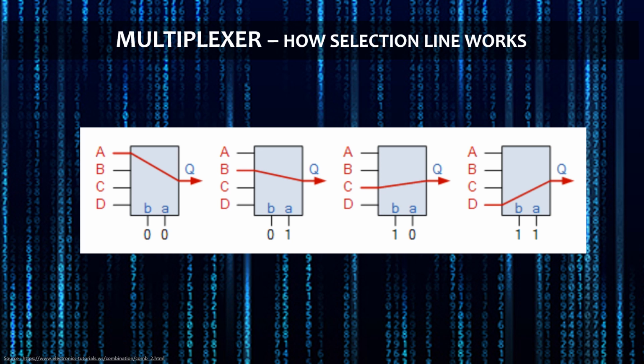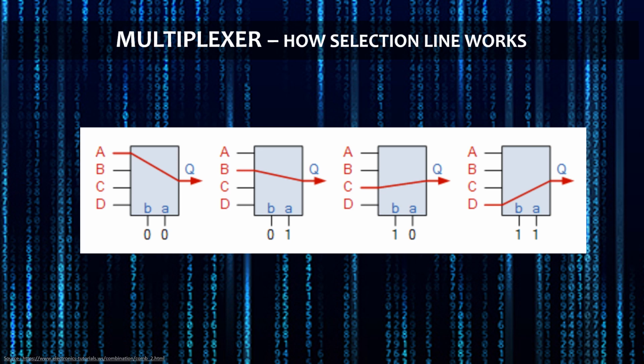Generally the selection of each input line in a multiplexer is controlled by these selection lines. These are the additional set of inputs. We also call them control lines, and according to the binary condition of these control inputs, either high or low, where high means 1 and low means 0,